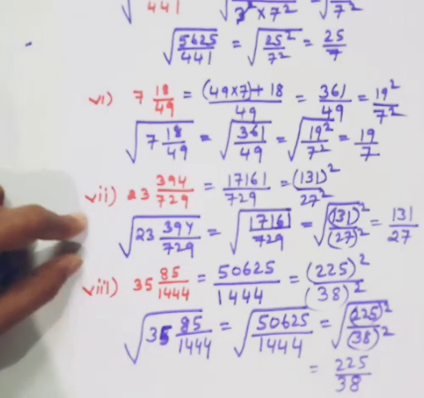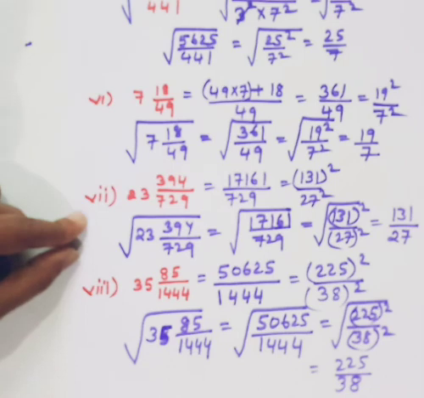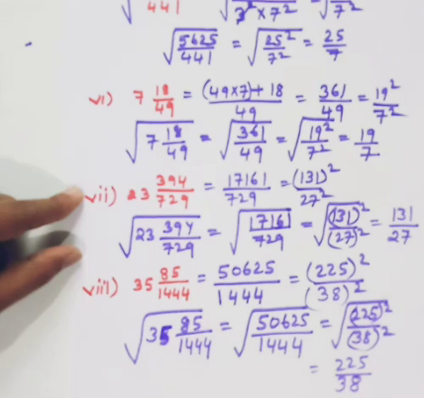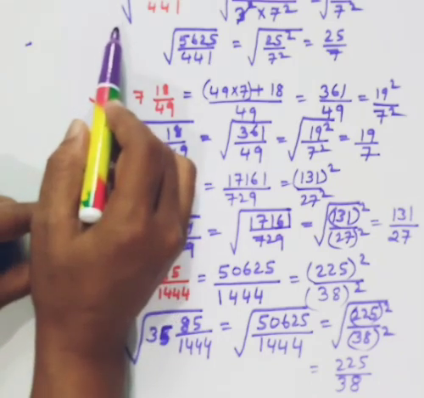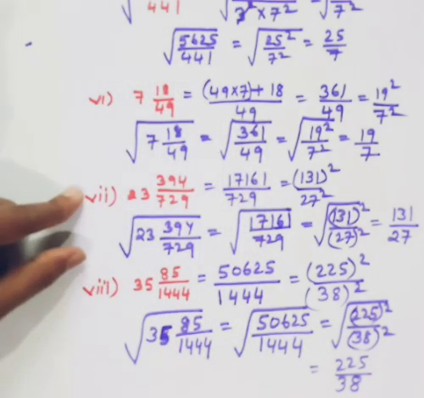This way you can solve these square root sums, children. Find the square root either by the long division method or by the prime factor method, whichever is easy and comfortable for you. But keep in mind that whatever I have shown you on the rough paper, in your copies you should not do it in the rough page. You should do it along with the sum. So when you start question number 5, you should show the method of finding the square root also along with this sum.